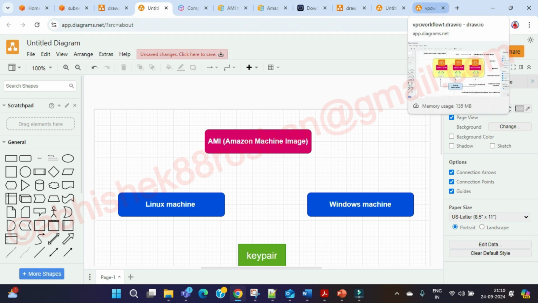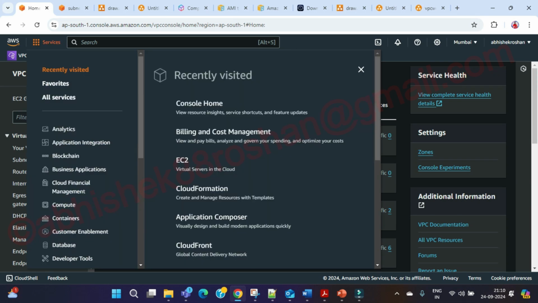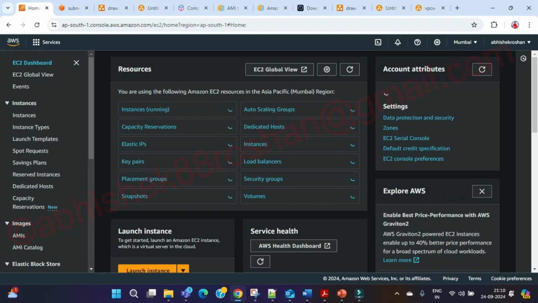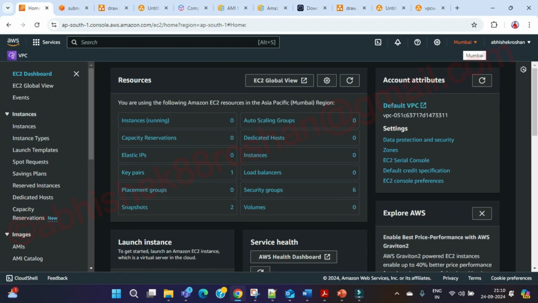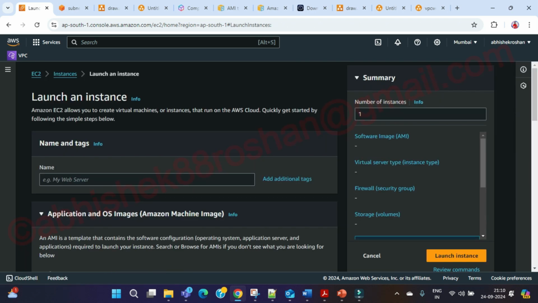Why am I calling it a hardware configuration? Because if you go here and click on Services, then click on EC2. We are in the Mumbai region only, right? And if you click on Instances and try to launch an instance,